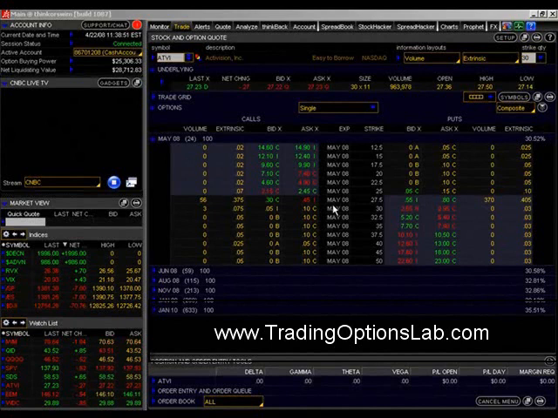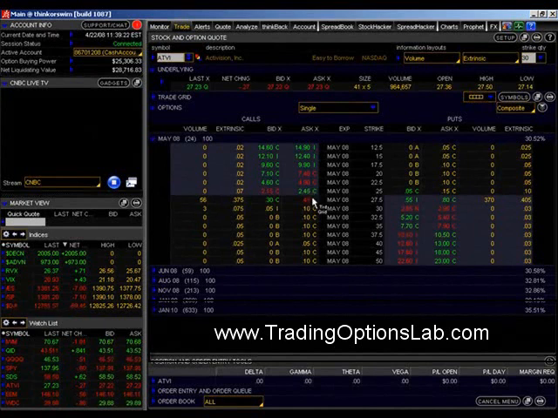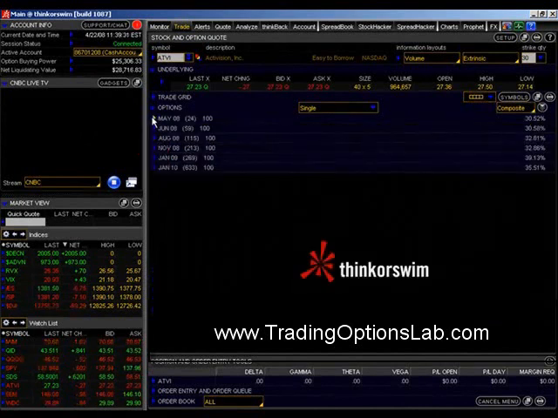Any option contract that you buy on any stock will expire at a certain date in the future. If we were to purchase these May options, the ones that we're looking at right now, they expire, and we have the expiration date right here, in 24 days. Normally, equity and index options expire on the third Friday of each month. That is the last trading day for those options. They actually expire the very next day on a Saturday. You can also pick the expiration dates that you're interested in purchasing.